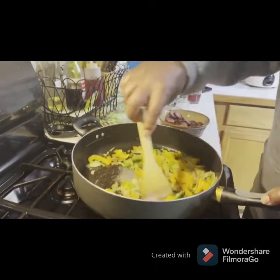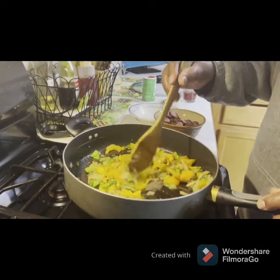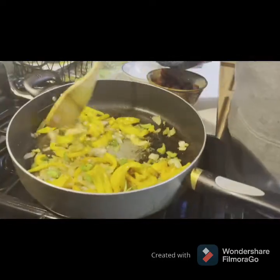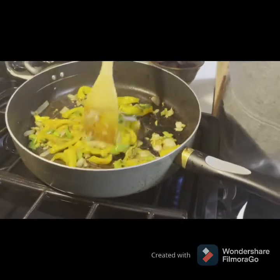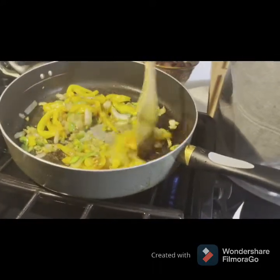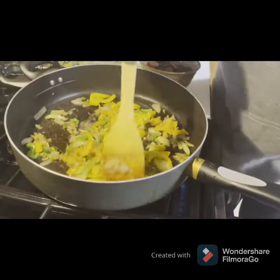And we're going to let this continue cooking for a few more minutes. Then we'll add our next ingredients. You can see now everything is cooked down and caramelized. Our bell peppers are looking good. Our garlic, all the flavors are infused. The ginger, everything, the salt,